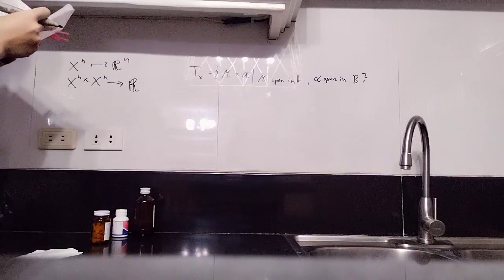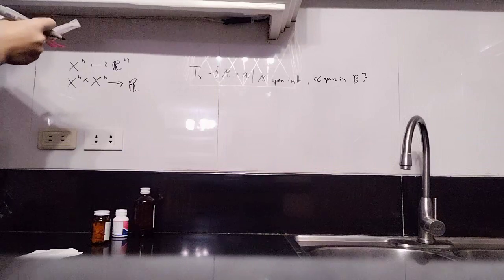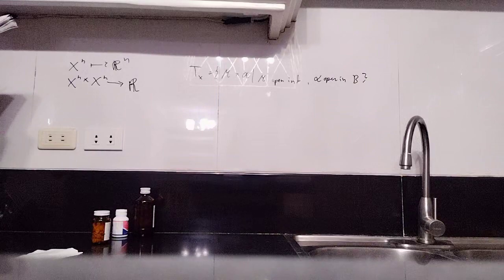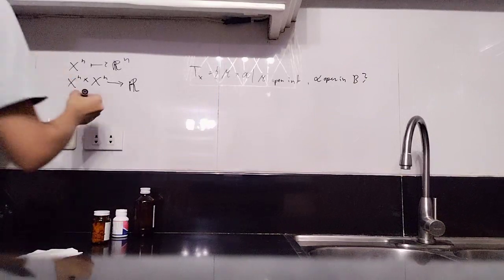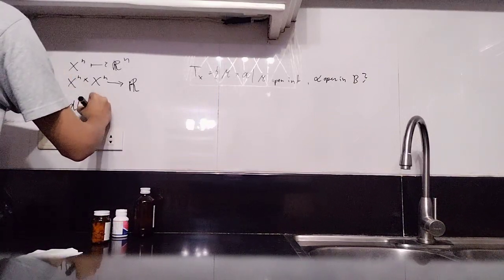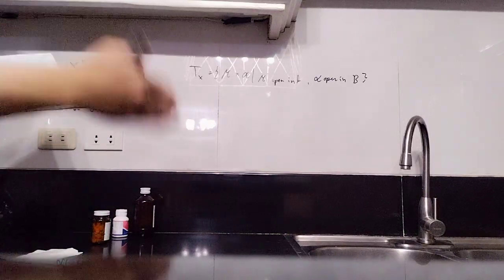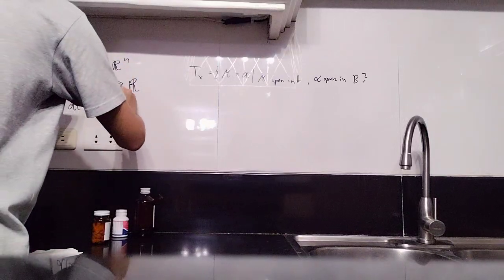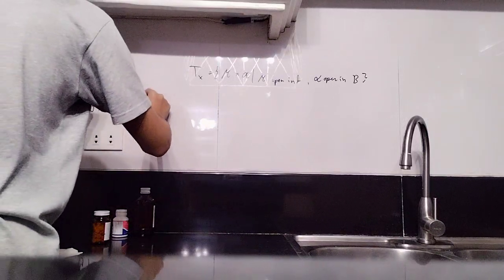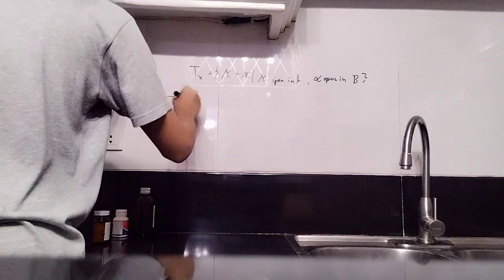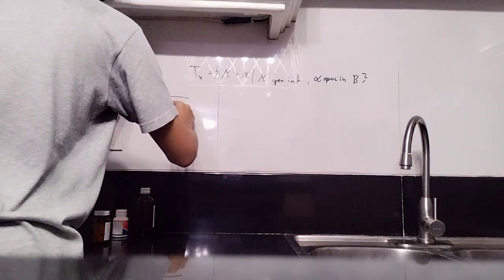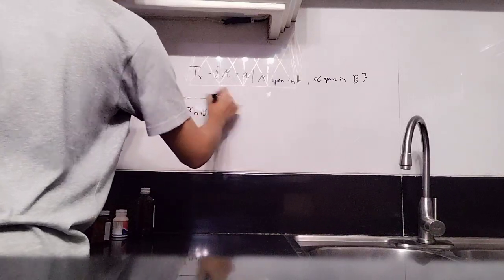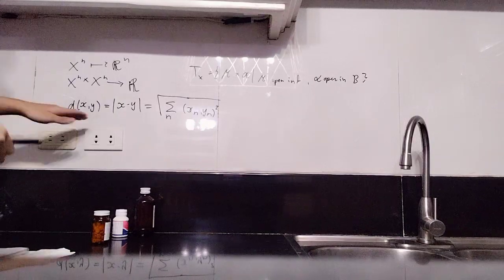So the standard topology on Xn is the topology generated by the Euclidean metric. Our distance function is undefined at the moment. We don't know it at the moment, but let's define it this way. So the norm of x minus y is also equal to the square root of the sum over all n of (xn minus yn) squared. So this is the Euclidean metric.